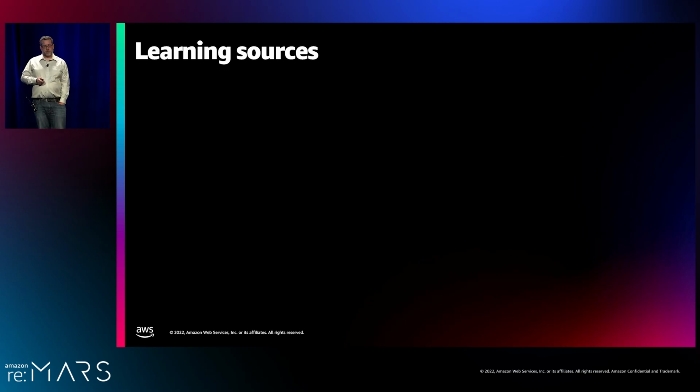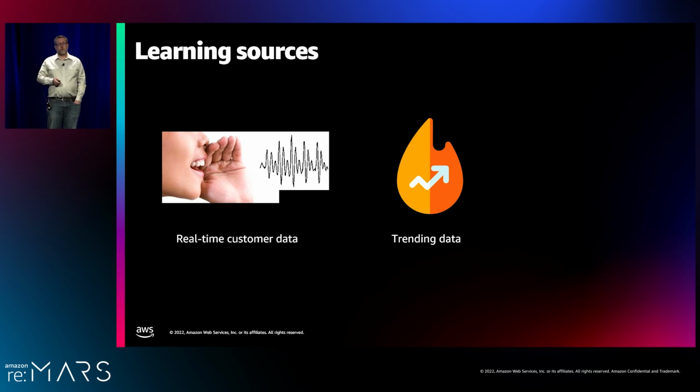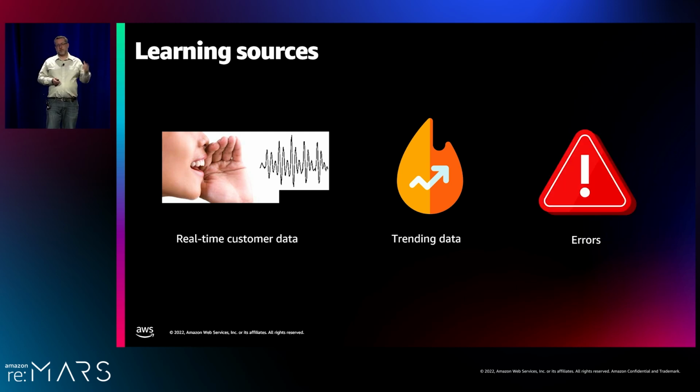So we have a few different learning sources that we use. The first and foremost is the real-time customer data, of course. We want to make sure that we're learning the ways that real customers are using Alexa so that we keep up with that as trends shift over time. We also want to learn about trending data. So if there's some new hot topic in the news or a new song name or a new artist, we want to make sure that we learn those things really quickly. So we have external systems that I don't cover here, whose job it is to go out and find all these trends and figure out what's the list of things that we should make sure we focus on. And so that data can be fed into our system so we can focus the training. And then the final source is these feedback signals, these errors that we're getting that we can then correct.